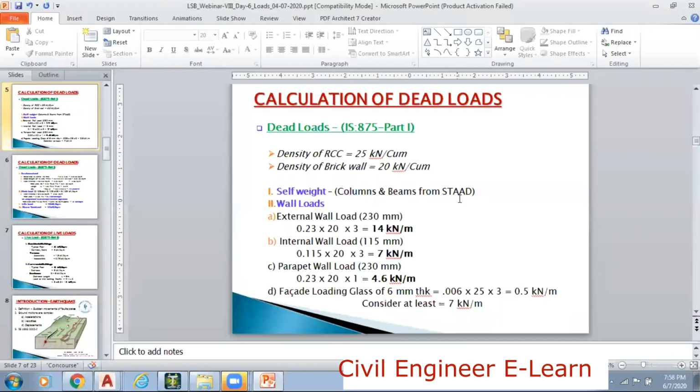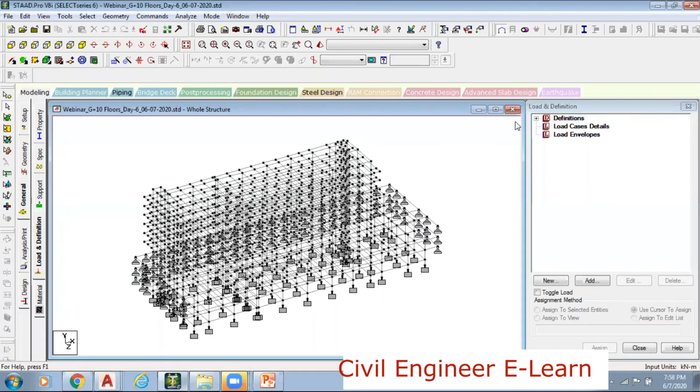Yes, now let me go to StaadPro. Yeah, this is our model. Now I wanted to add these loads to this structure. What are the loads we are going to consider? Earthquake loads, and dead and live loads. If I want to apply earthquake loads and dead and live loads to this structure, the first thing I have to do is add the earthquake loads only, in the sense load cases. So if I want to add load cases to it,